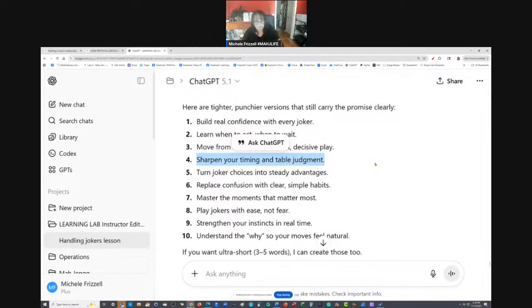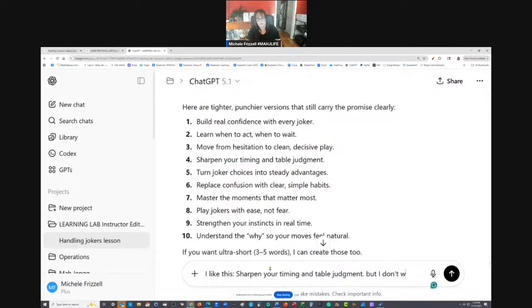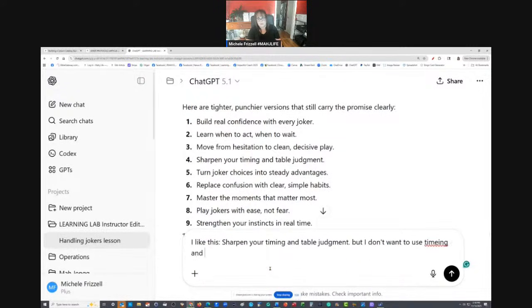This one might work. Sharpen your timing and table judgment. I like this, but I don't want to use timing and table since it's in the title. So let's see, I kind of like the flow of that. Sharpen your something and something. So sharpen